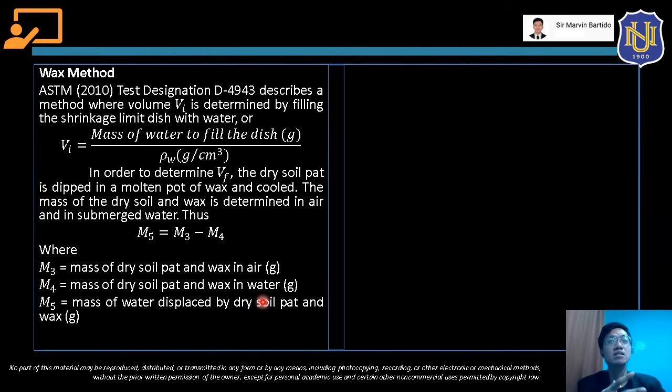So what we're going to do, class, in a separate container, meron tayong field ng water. Okay, so, class, ang mangyayari, titimbangin yung mass ng water doon. And then after nun, isa-submerge natin, class, yung dry soil pat and wax doon sa water na yon. Okay, and then titimbangin din yon. So yung timbang, isusubtract doon yung mass ng water. So kapag sinubtract natin yung mass ng water, ang makukuha natin, class, is mass of dry soil pat and wax in water. Okay, so ito yung m sub 4. No? So, yung m sub 3 minus m sub 4 nga, class, yan yung magiging m sub 5 natin. Okay. Now,